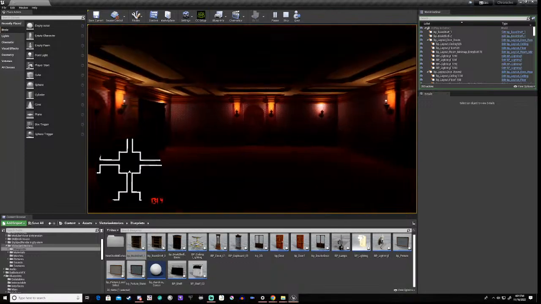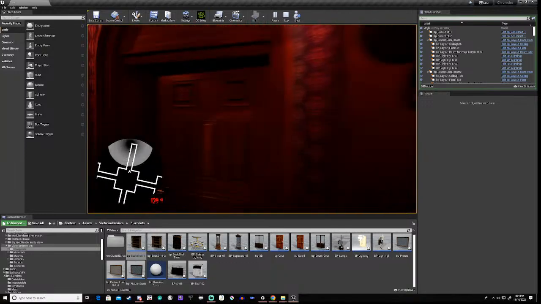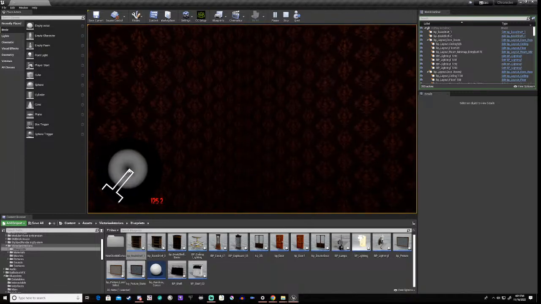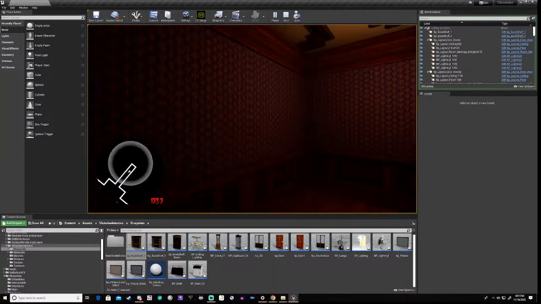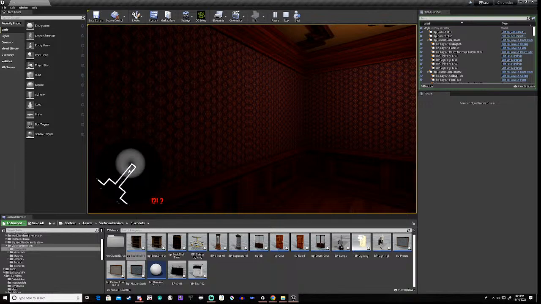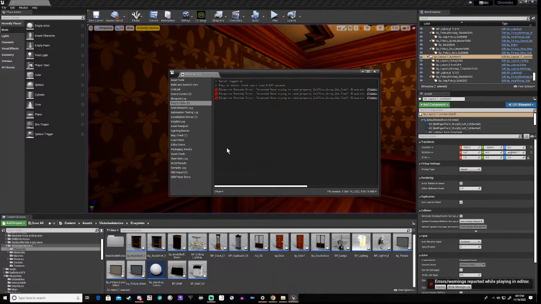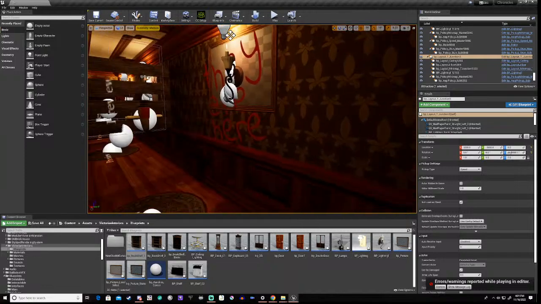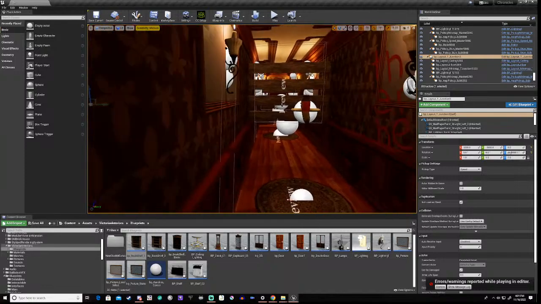And I'm not going to be able to get to here because I forgot to put target points in. But that would basically be the end of the level. That's why I've got that error, because I didn't put any target points in for the end of level. But anyway, point being,